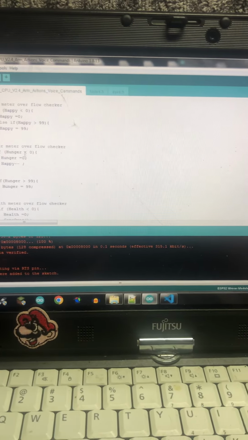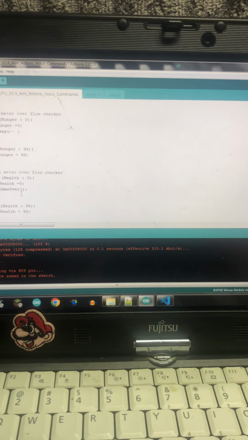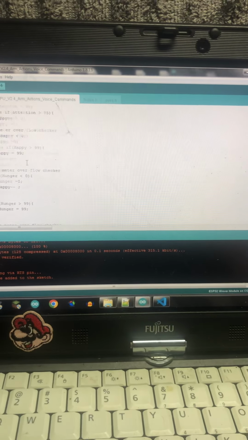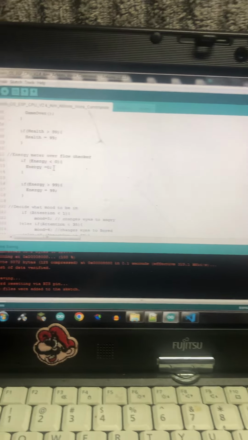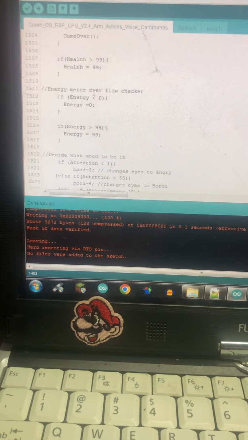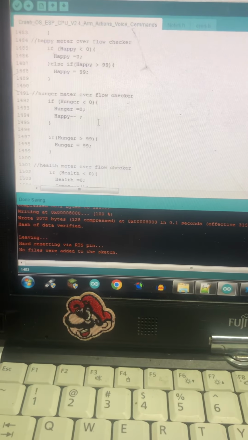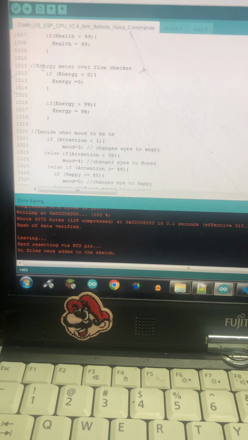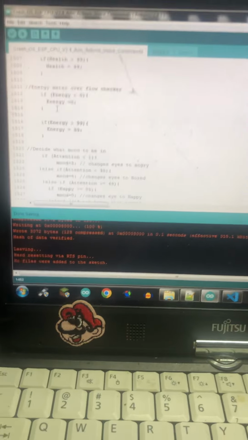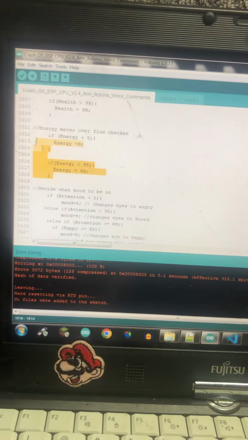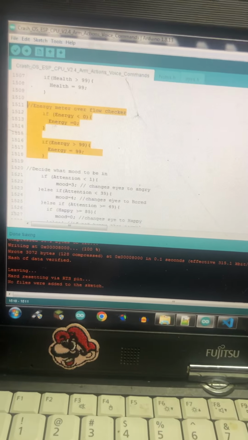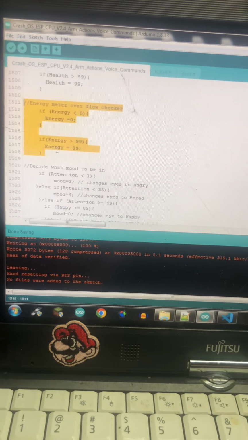Hunger, I haven't done anything with. Health, I used. Happiness, I used. I think I had another one. Energy, that's going to be another one. I might take energy and hunger and actually make those the same one, since his battery power is kind of his food. But this will be used to check the battery level,